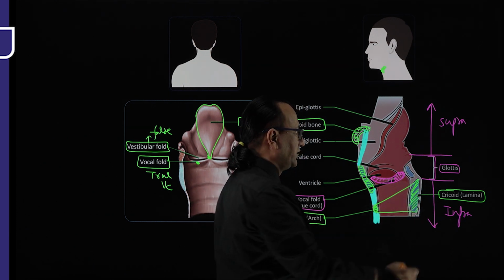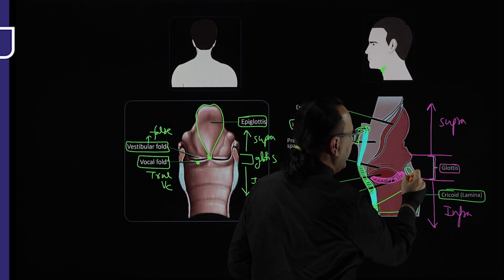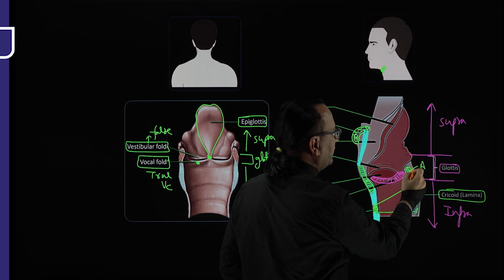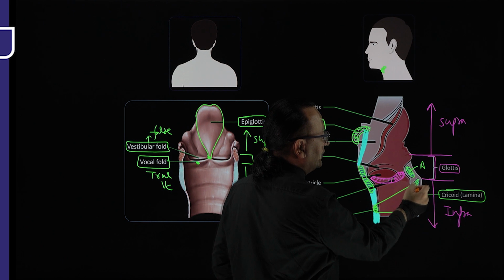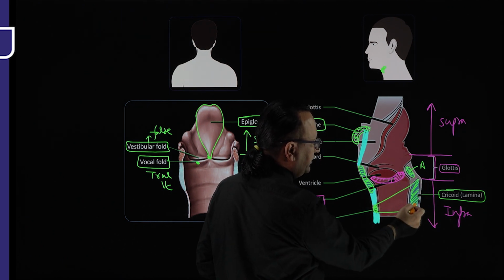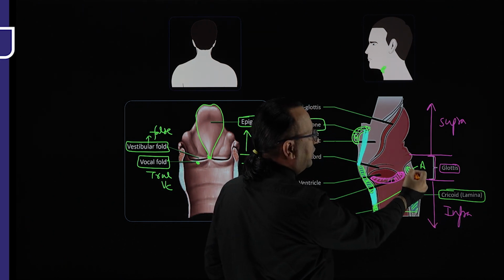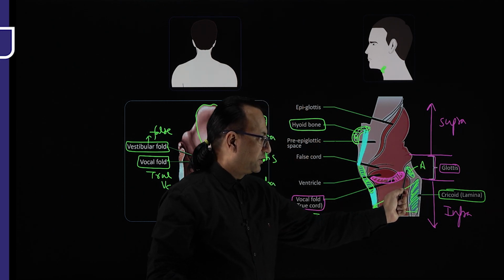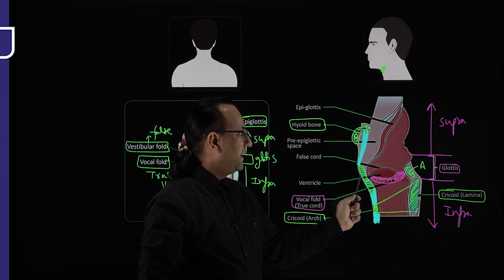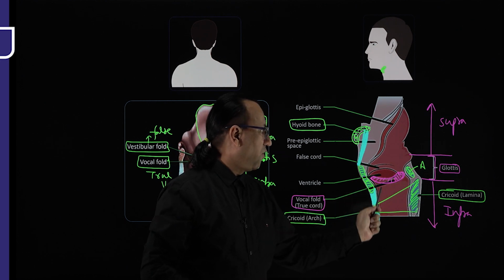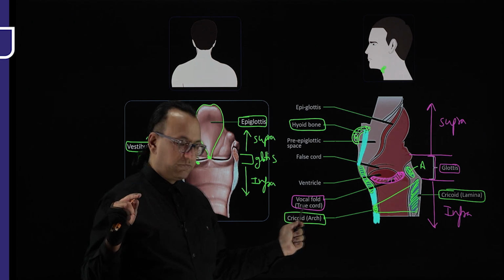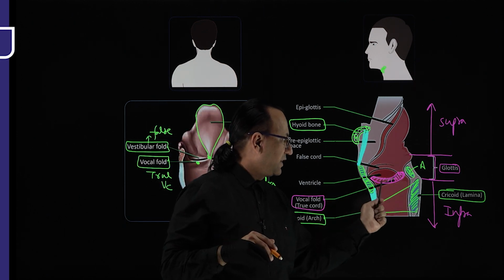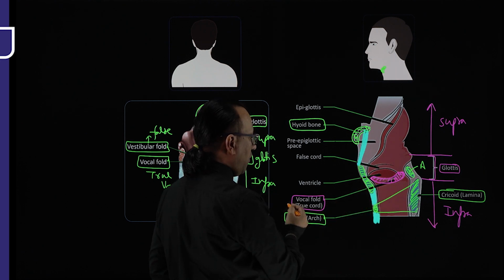So this is a cut section of arytenoid cartilage. As we understand, arytenoid cartilage will be articulating with the cricoid cartilage, forming cricoarytenoid joint. So this is the cricoid cartilage. On the posterior side, sitting on the top will be arytenoid cartilage, and attaching to the arytenoid cartilage posteriorly and thyroid cartilage anteriorly is the true vocal cord, which is also called as the vocal fold, which is mucosal fold covering the vocal ligament. We'll continue discussing these structures, but then you have to understand this true vocal cord is